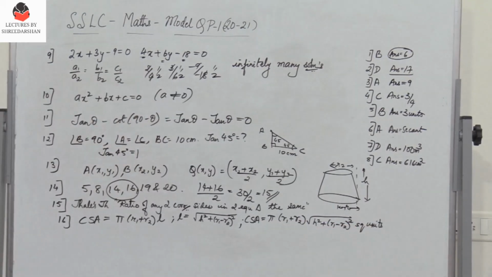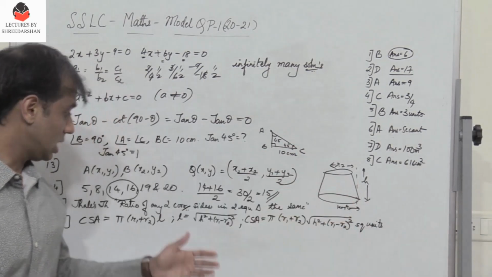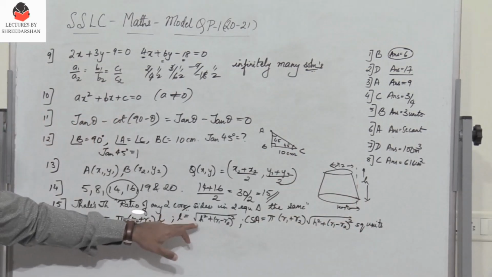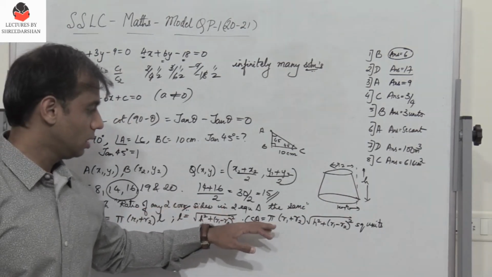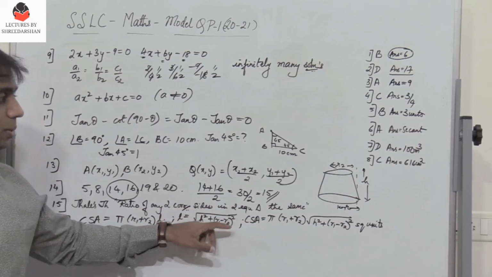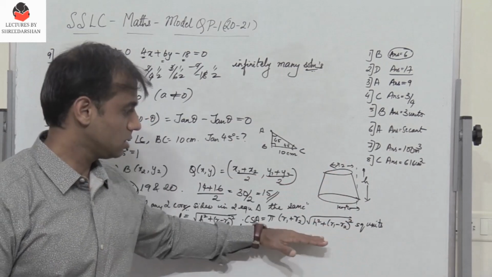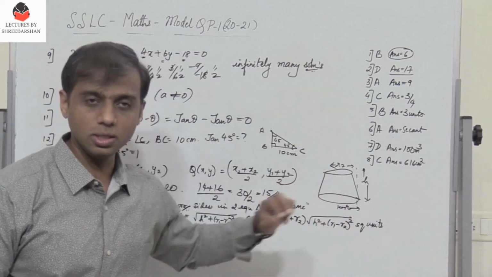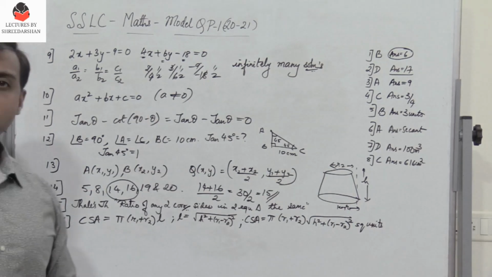You have to remember that since L has not been mentioned and H has been mentioned, I need to write L in terms of H, R1 and R2. So you need to express the curved surface area in terms of H, R1 and R2 because these three parameters have been mentioned. Right? So this is the expression. Do not forget to write square units. So now this completes section 2, and now we move on to section 3.